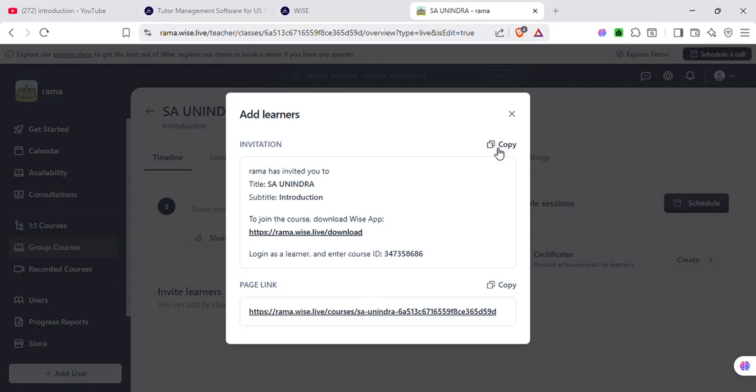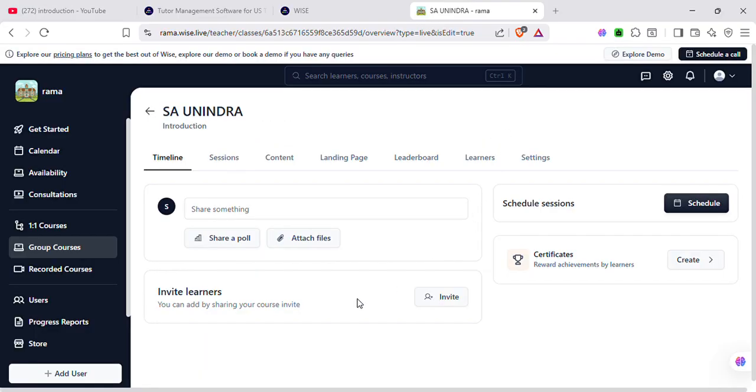You can copy the link and then send it to the students. They can join the class easily by clicking the shared link, and then you can share it to your students.